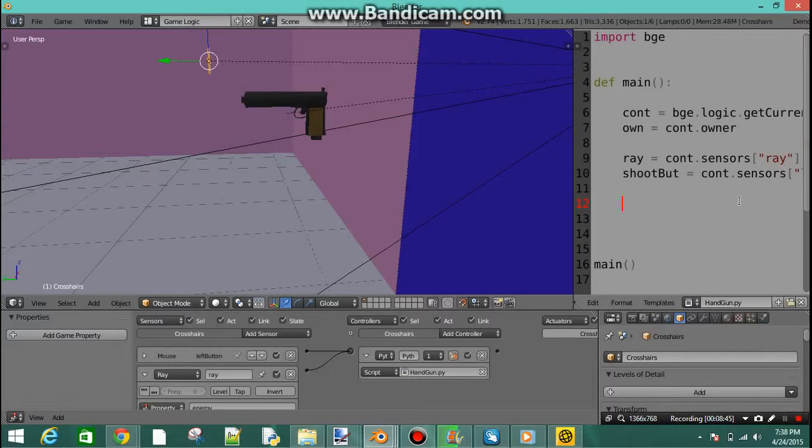So now let's go into if statements. So pretty much it's just writing if shoot butt dot positive. So it's going to see if this is happening, and then let's add our little colon. So if shoot butt dot positive with a colon, and so pretty much we're saying if this is happening, then check if this is happening. So if ray dot positive,